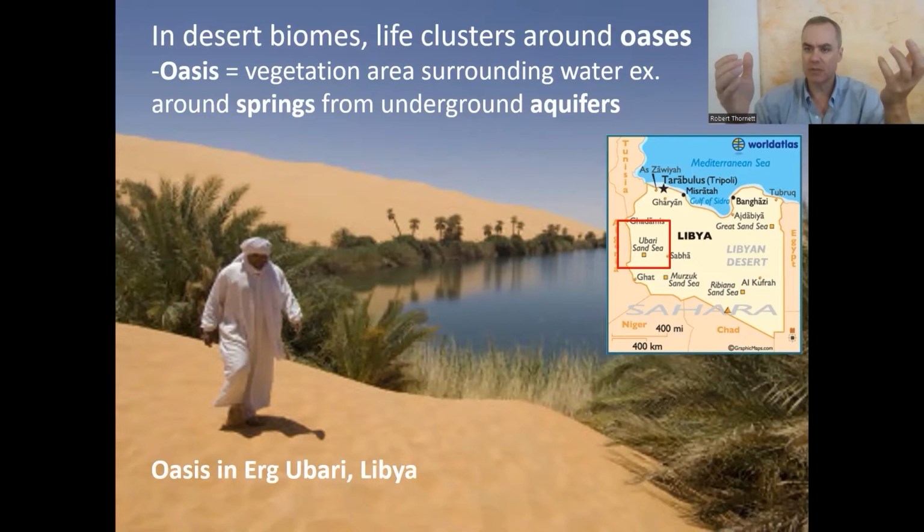We talked about aquifers in the hydrosphere section. So aquifers are the underground pockets of water, some of which have been around for centuries or millennia, or even longer than that. And then they provide the water, but the vegetation that circles around that, that's the oasis. And so that then draws the species like camels, to munch on that and to get the water too. But the vegetation is what makes the oasis.